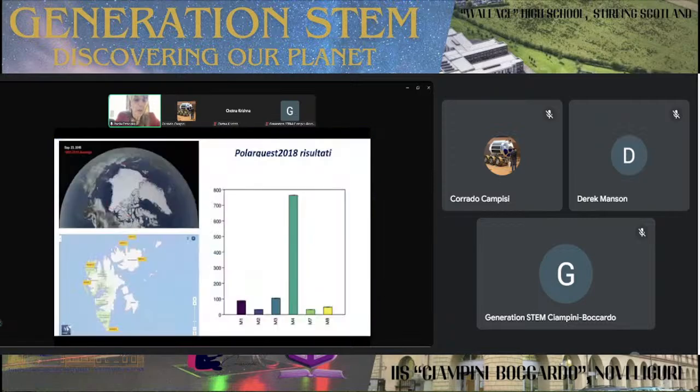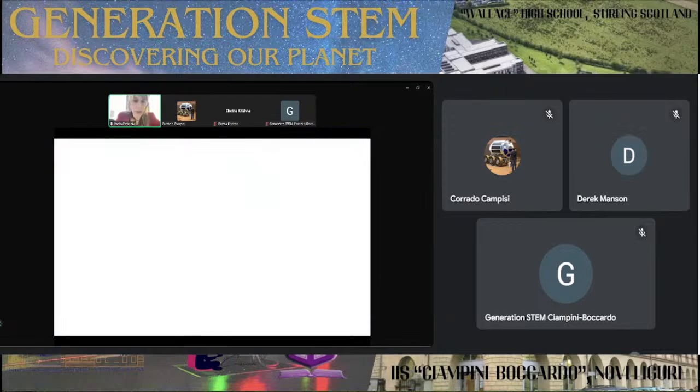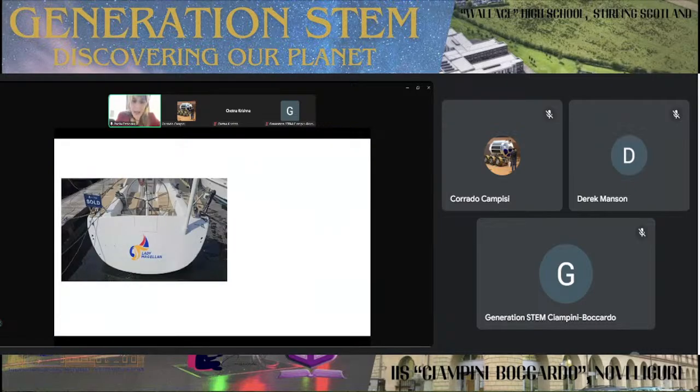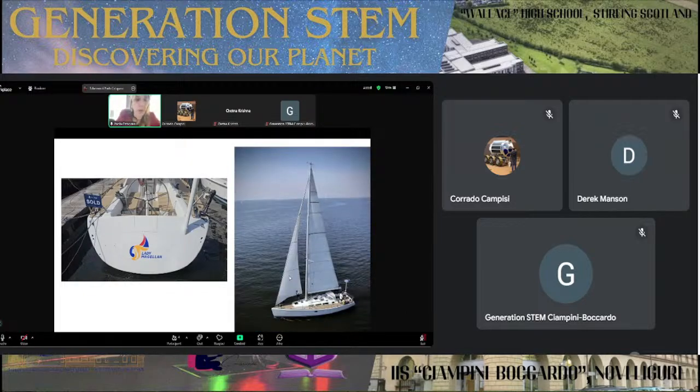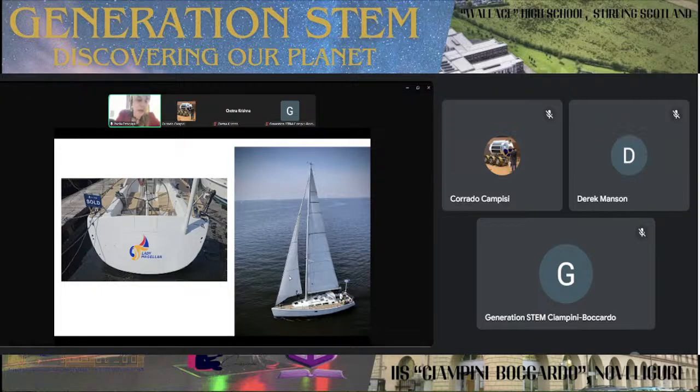So what was I saying? This is going backwards. So myself, I've bought this boat, Lady Magellan. I've created a fleet of sailboats with Polar Quest. And as of this summer and more in the next years, we are trying to work for science to get more data from the sea, because data from the sea are very little. The sea is enormous, it is 89% of the surface of our planet.